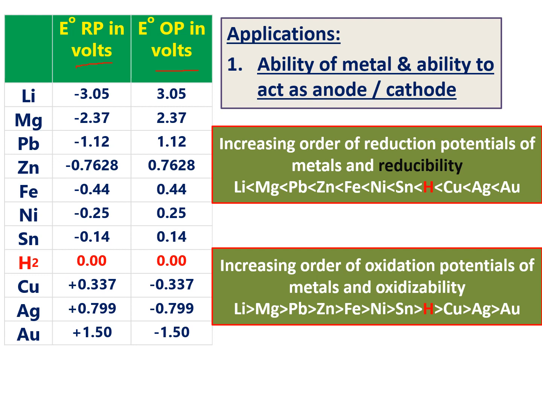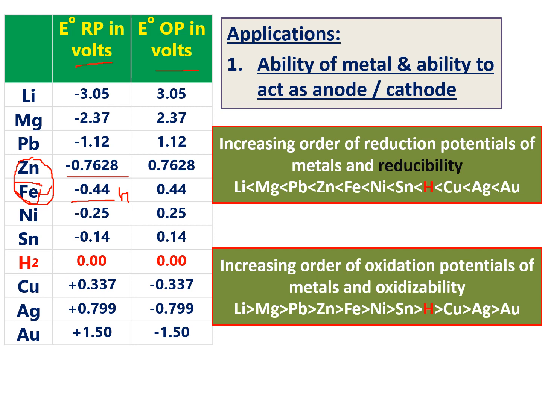For example, if you take zinc and iron, and you want to construct a galvanic cell, or electrochemical cell, by using zinc and iron. Zinc reduction potential value is minus 0.7628. Iron reduction potential value is equal to minus 0.44. Which value is higher? This value is higher. So the reduction potential of iron is higher. That's why it is involved in reduction. Involved in reduction means it acts as a cathode.